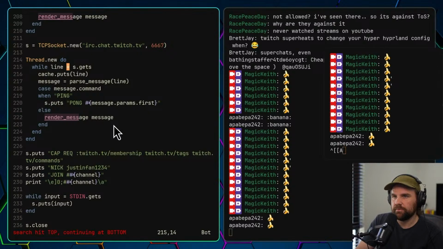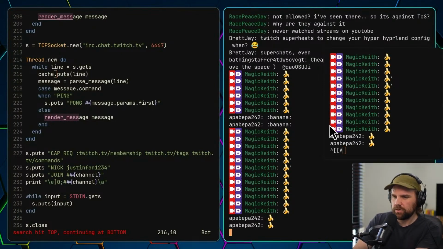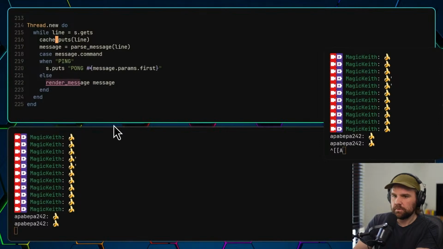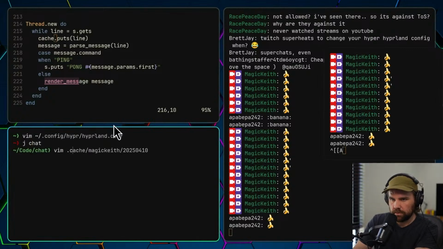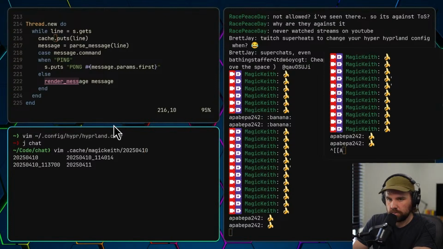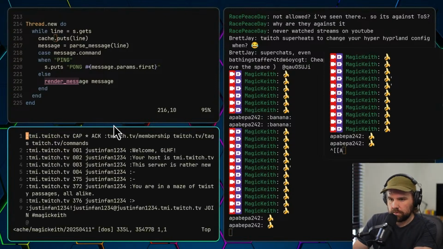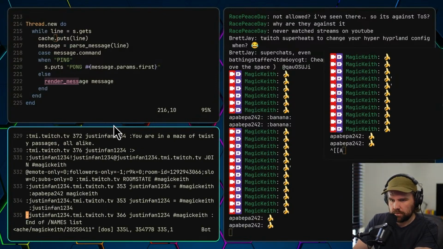I'm getting the line from the IRC server, and then I'm just storing it in my cache file, and my cache file looks like this: cache, and then today's date, which is the 2011, like this. And it just basically reads through this file.